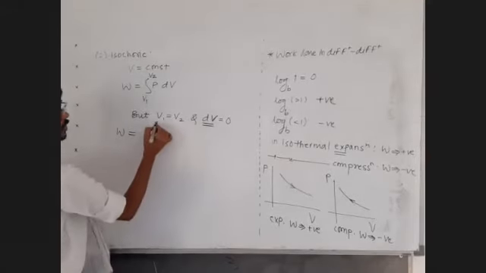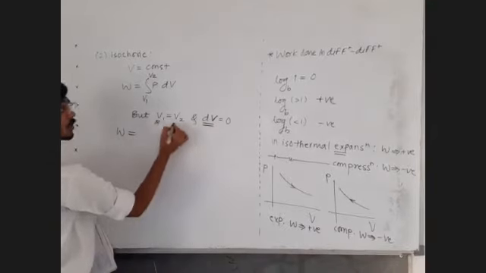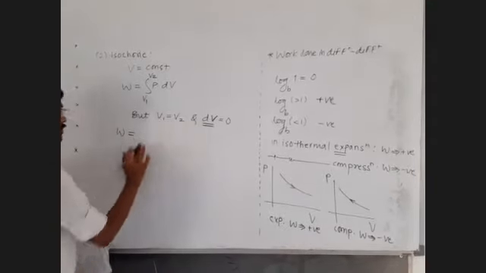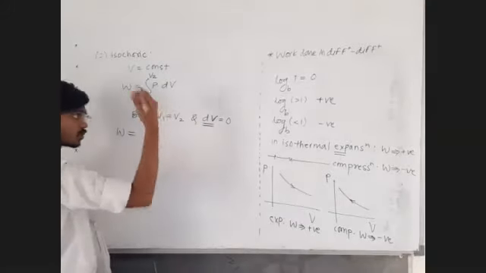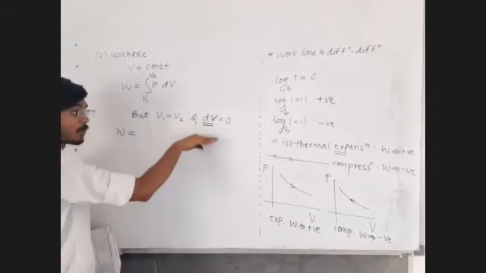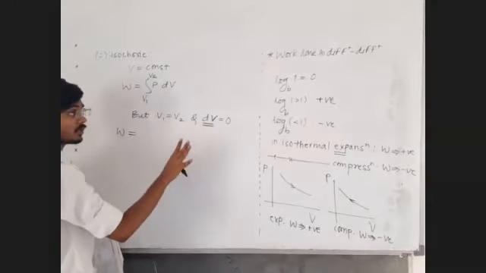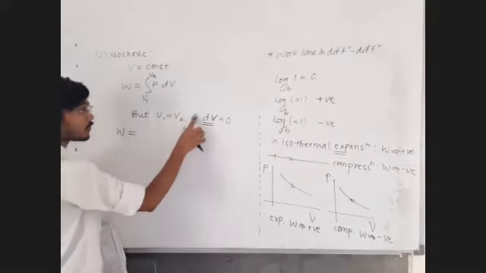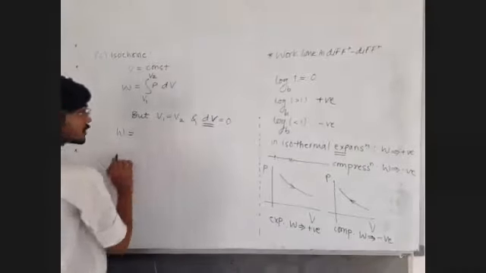You may say, sir, this is a cyclic process and therefore initial state equals final state. No, this is not a cyclic process. Final volume and initial volume are same because the piston is not at all moving. Initially the piston moved up, then again came down? No, in that case there will be some work done. There might be some work done in a cyclic process. But this is not a cyclic process.